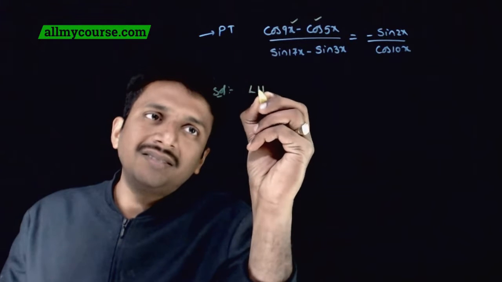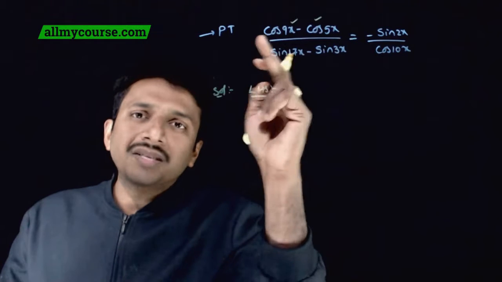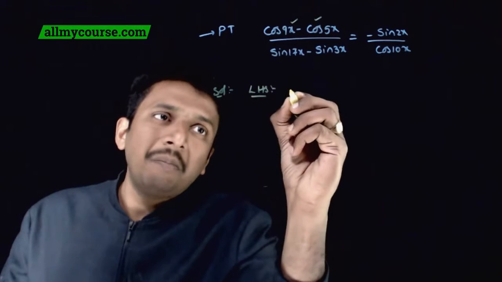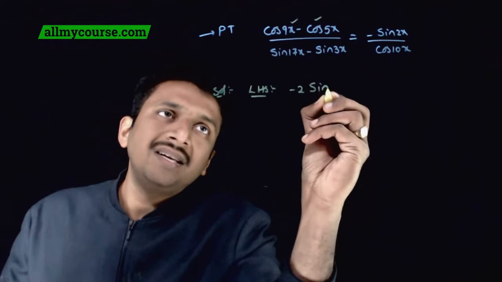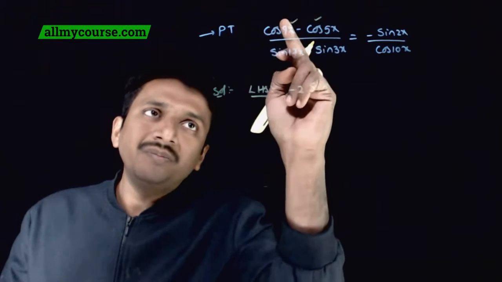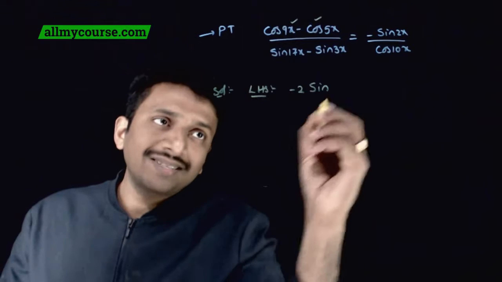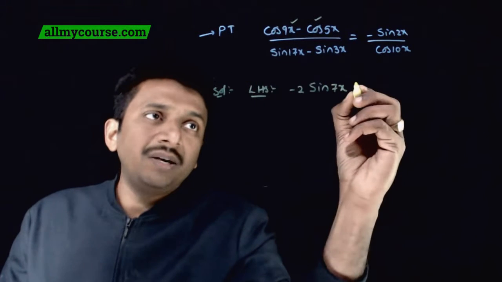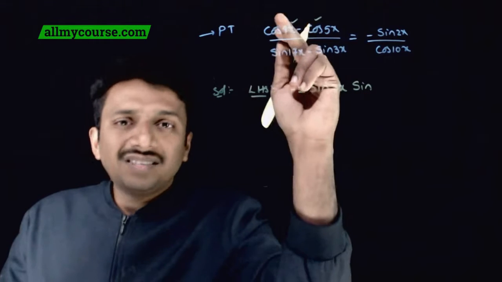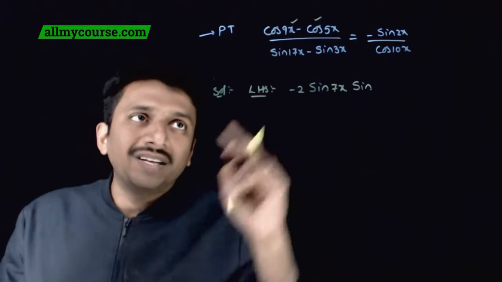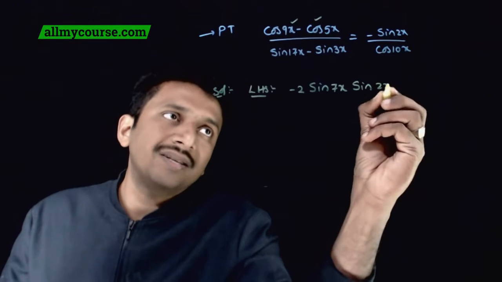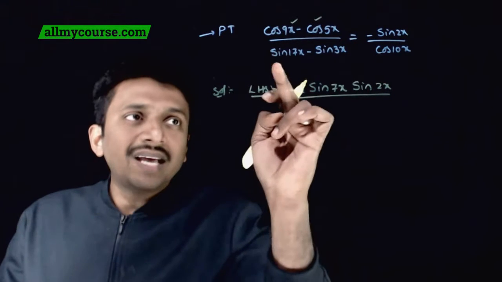So let us take the LHS. cos C − cos D is −2 sin((C+D)/2), 9x plus 5x, 14x by 2 is 7x, into sin((C−D)/2). It is 9x minus 5x is 4x by 2 is 2x, divided by sin C − sin